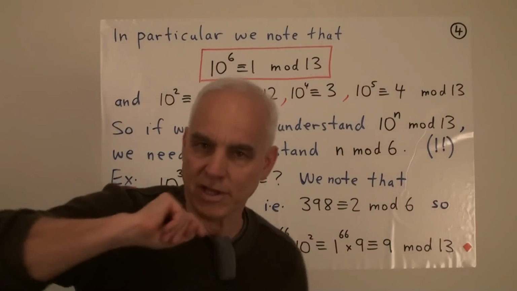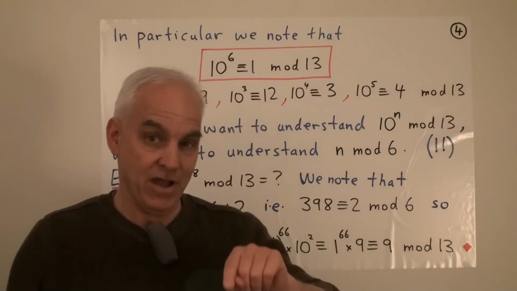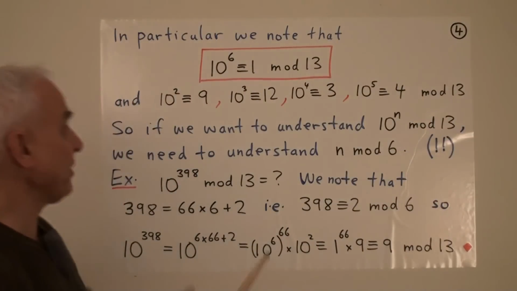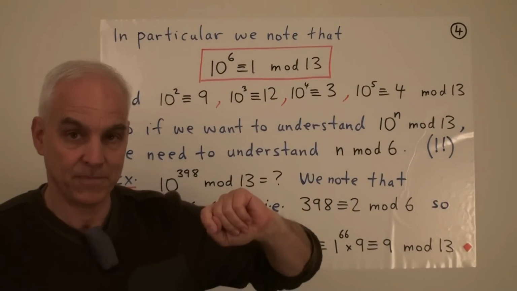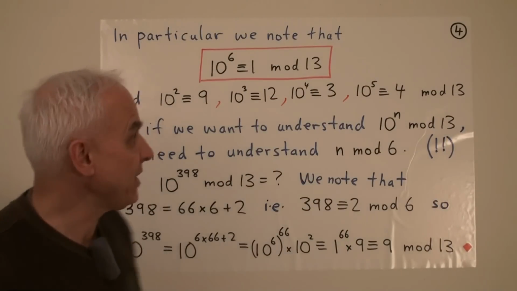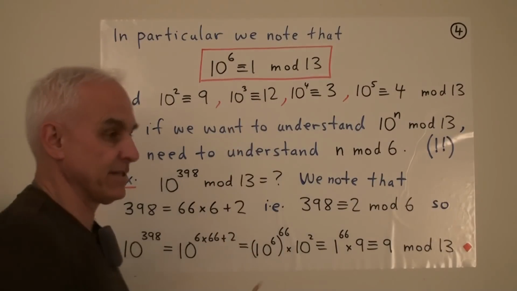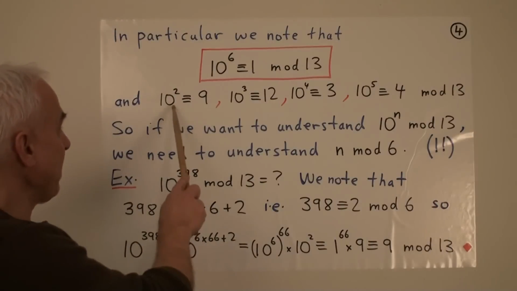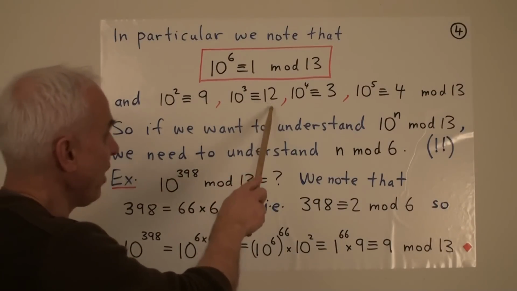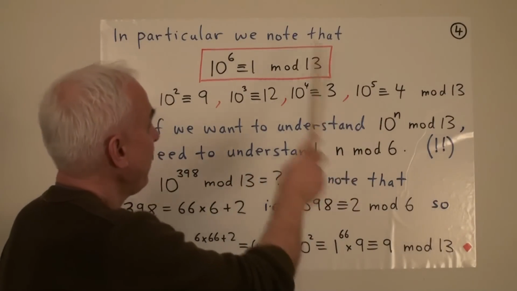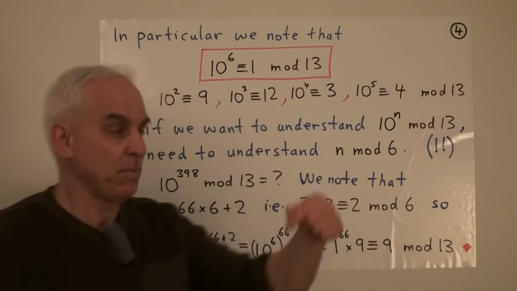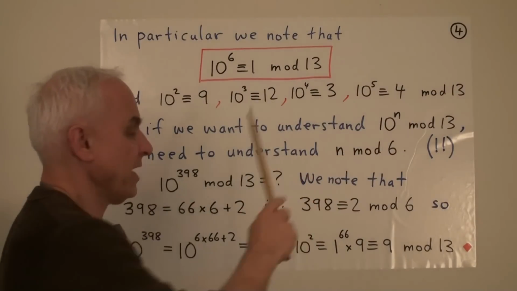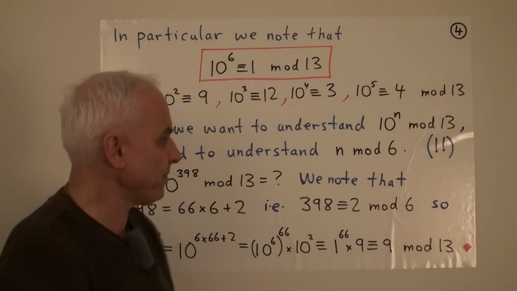Now originally I gave you the exercise of trying to figure out what happens with z when you divide it by 13. And z has lots of powers of 10, so it makes sense for us to look at what happens with powers of 10 mod 13. And if you look at the previous table, you see that the powers of 10 repeat every 6. So 10 to the 6 is congruent to 1, and then afterwards it repeats. And the various powers are 10 squared is 9, and then 12, and then 3, and then 4, and when we get to 6, we get to 1. And after that it repeats, namely 10, 9, 12, 3, 4, 1, and so on.